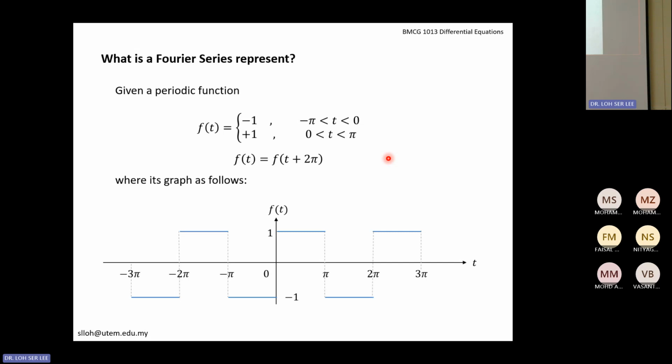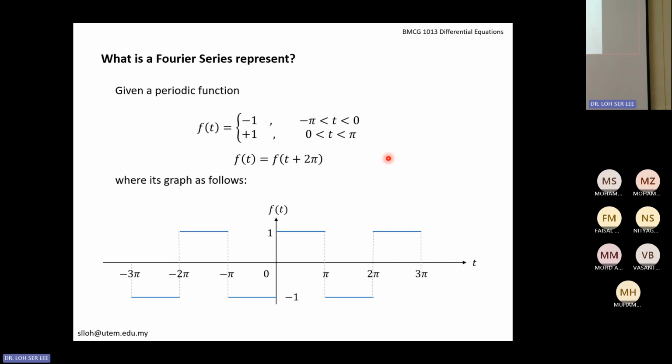Okay, today we look at the Fourier series. In the last class, we learned what a periodic function is. So this is a periodic function. When you sketch this,